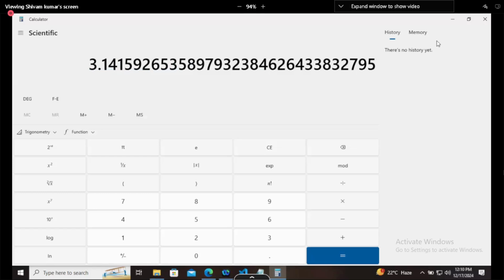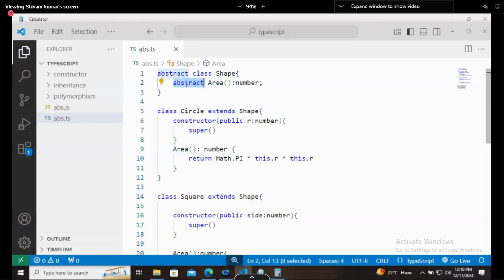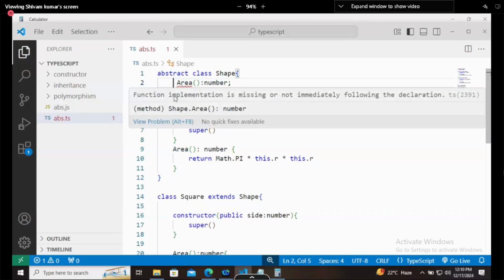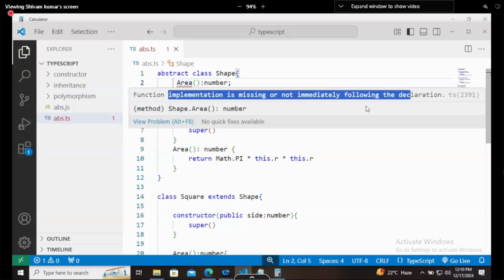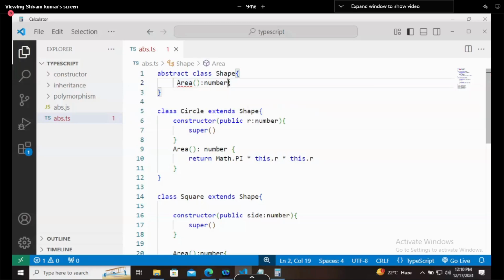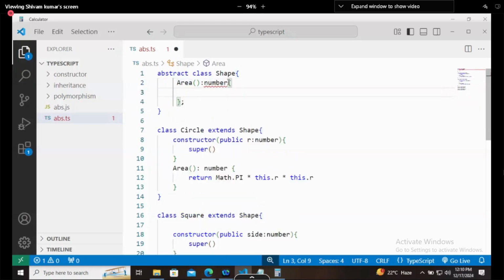If we remove the abstract keyword from the area method in this way, now area is giving you an error. It will say that the function implementation is missing or not immediately following the declaration. For that, you have to declare this function and return a number here. Let's say return 10.